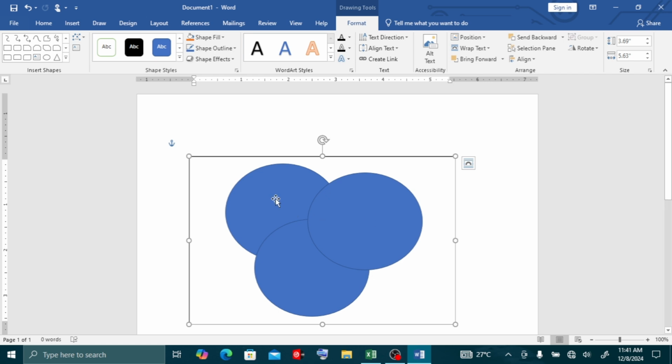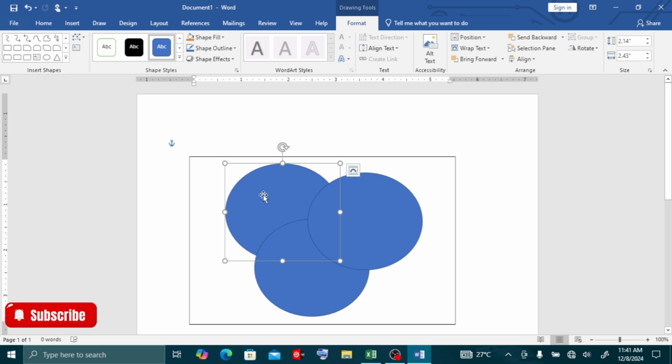After that, you click on the set. That is one set. You hold Control and click on another set to select another one. Again, you go to the third one, hold Control and click on that set.